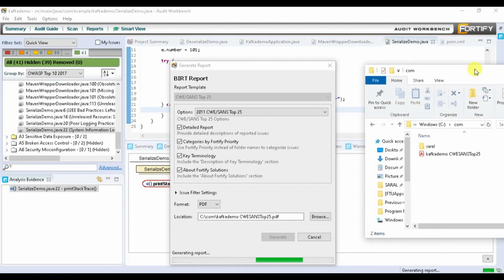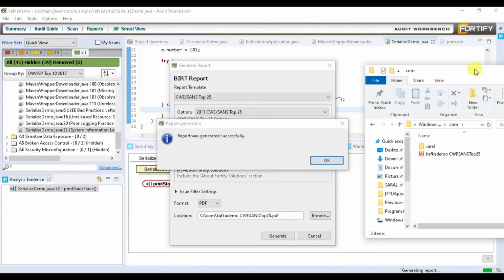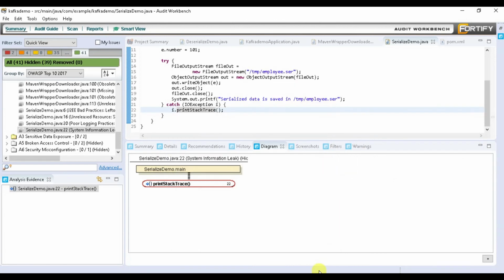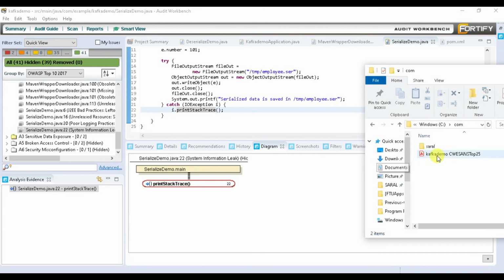So guys, till the time it is preparing the PDF file, let me tell you the best part about Fortify, which we were discussing earlier when we were starting this video: it scans your code and lets you know the vulnerabilities at a very early stage. Maybe you can integrate the same with Jenkins pipelines too. Okay, so it has generated the report, and in the meantime, let's open up this report for the project which we have developed on IntelliJ and see how the report looks.